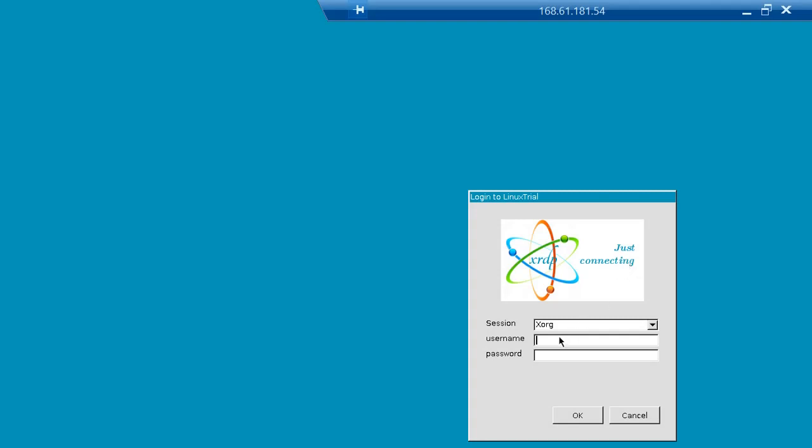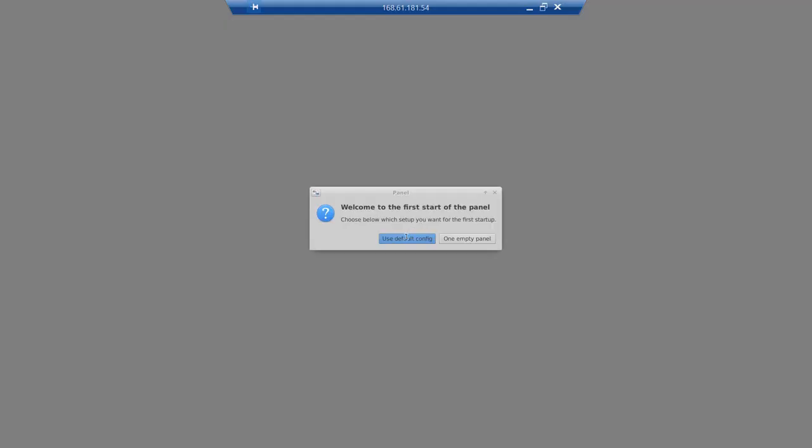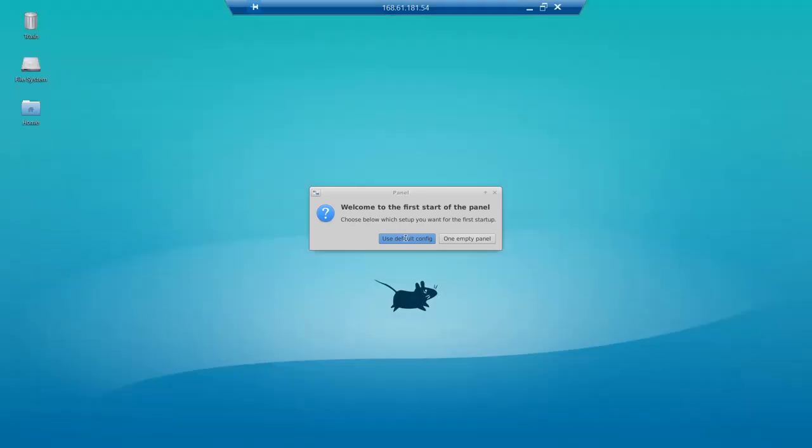So here this is my virtual machine which I have created on Azure cloud. Okay, provide the username that you provided while creating the virtual machine, and then provide the password that you created while creating your virtual machine and click on OK. So as soon as you click on OK, you are now landing on your virtual machine.